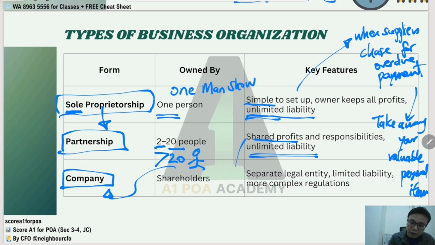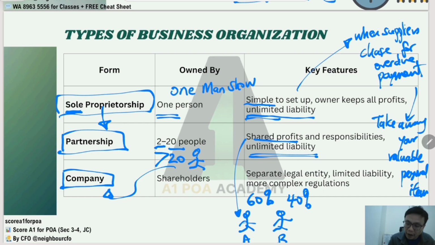For the sharing of the profit, it really boils down to the responsibility. So we have partner A and partner B here. Assuming that partner A bears more responsibility, and because of this arrangement, upon negotiation and written agreement with partner B, maybe, just as an example, partner A will get 60% of the profit, whereas partner B will share the remaining 40%.